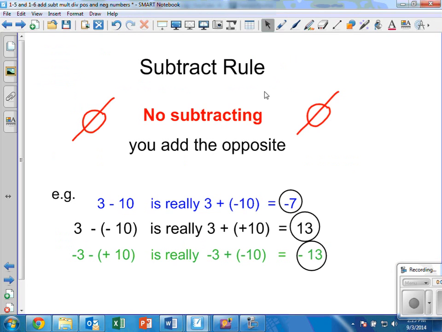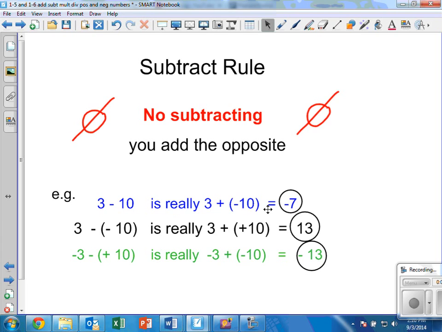What's the subtract rule? Well, here's the rule. There is no subtracting. You actually are adding the opposite. If it's positive, it's negative. If it's negative, it's positive. That's what opposite means. For example, if I have 3 minus 10, it's really 3 plus adding a negative 10,